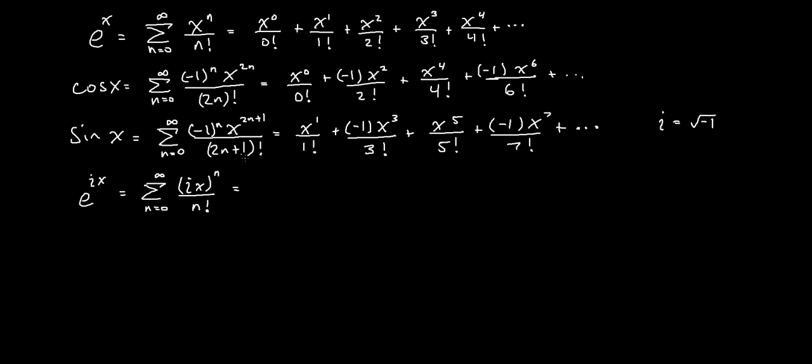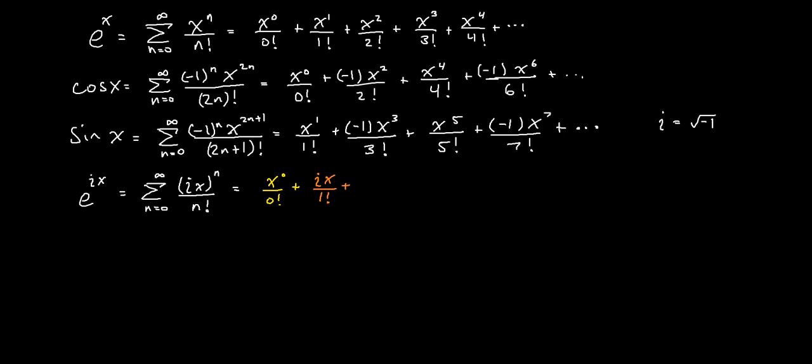And that's just going to be, well, the first term is n equals 0, so i to the power of 0, x to the power of 0 over 0 factorial. By the way, 0 factorial is 1, not 0. And actually, I'm going to do that in yellow. You'll see why in a sec. x to the power of 0 over 0 factorial plus, let's do this other one in orange, i, because i to the power of 1, times x to the power of 1 over 1 factorial plus